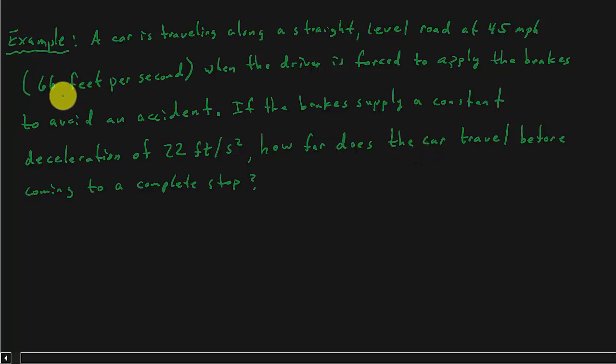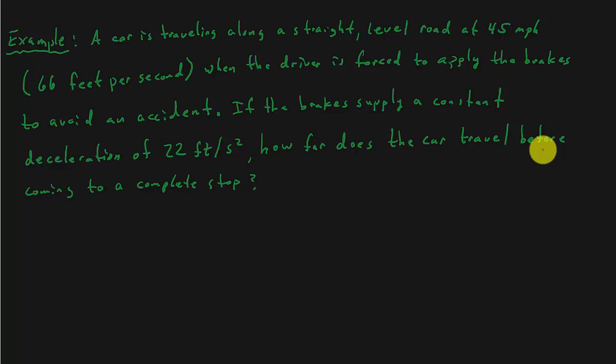Velocity, right? They give us the velocity. And we want to know how far the car travels before coming to a stop. So that involves distance. Do you remember earlier in your course? I know if you were in my class, you've seen this before. Remember distance, velocity,